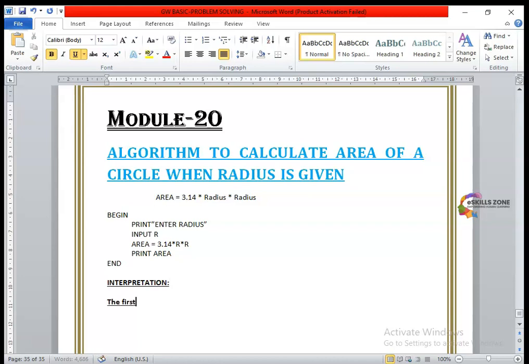The first keyword or reserved word, both have the same meaning, so you can call it keyword or reserved word. Word begin is used to represent the beginning, or you can call it starting of the algorithm. Print statement